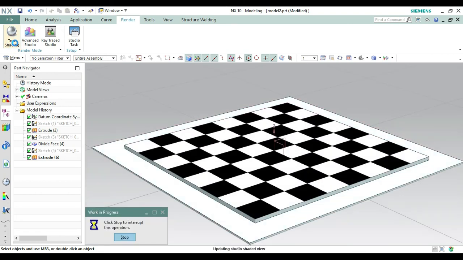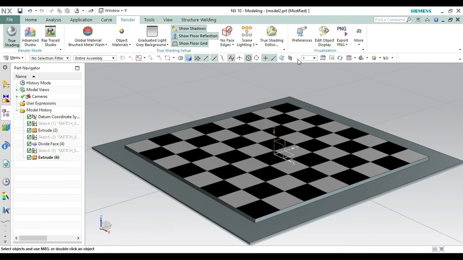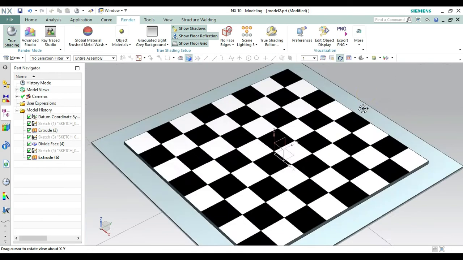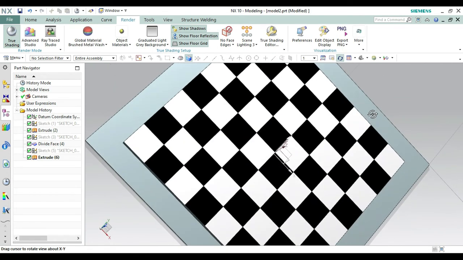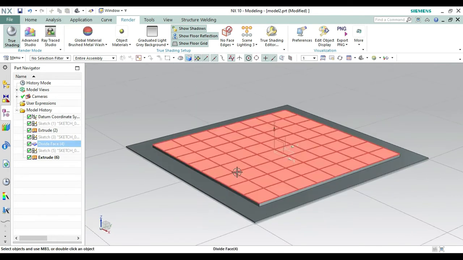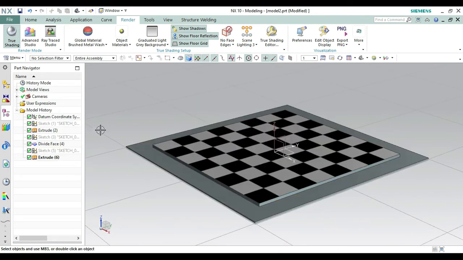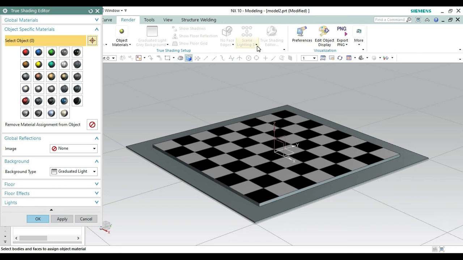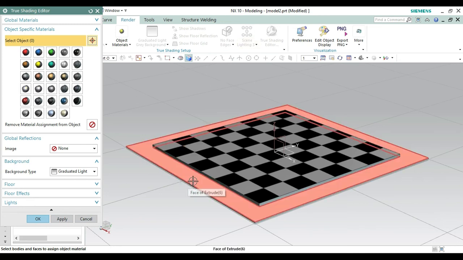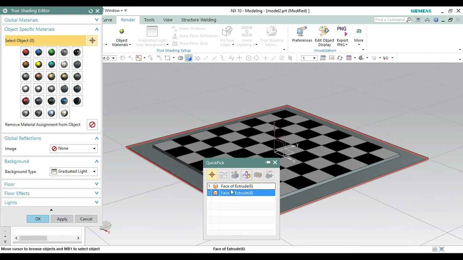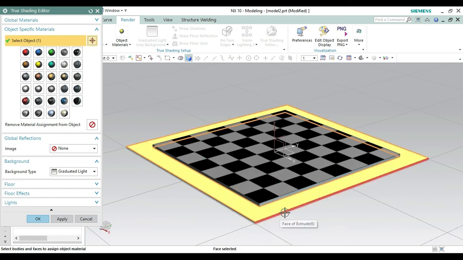So it might be black and white color, this one shows as similar to that, but when you tilt it you will see it is white in color. Okay, that is only due to the effect of animation effects. Okay, so again going on this, let's see this threading editor, and select this face of extrude, select this face, select this face,